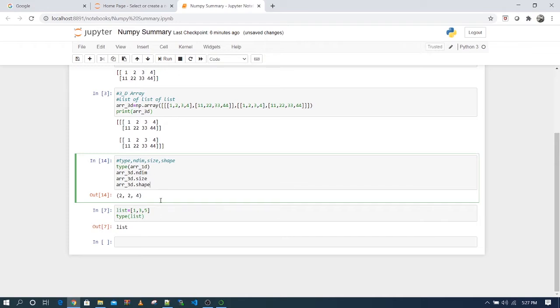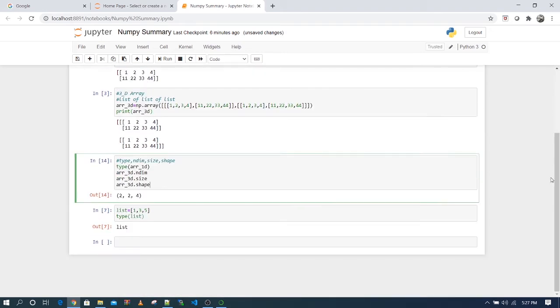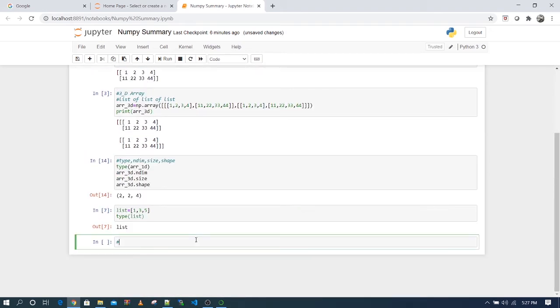As I told you, you can call a 2D array a matrix. If you want to create an identity matrix, if you have heard in school, a matrix whose elements are all 1 is known as an identity matrix. To create that, you have methods in NumPy which you can use to create one easily. Let me show you one.